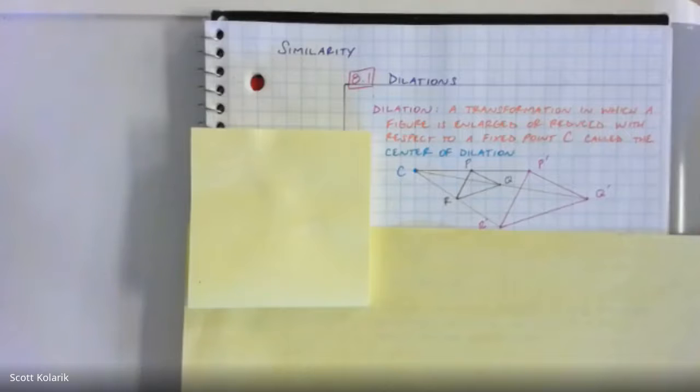The third one you would have learned about is called rotation, kind of like the hands going around a clock. You would take some object and rotate it, keeping its orientation, but rotating it about some center of rotation. Now, the reason why those 3, translation, reflection, and rotation, are grouped together in Math 1 is because